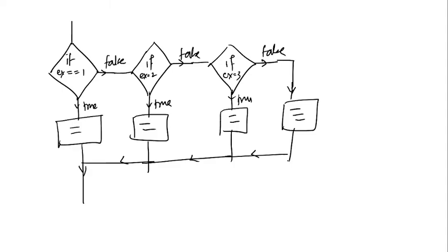If at all you observe, if you have not seen the previous video of if-else ladder, you should go ahead and see that. You will see a similar flow diagram was shown. So that again concludes that if you look at the internal part, the logic behind if-else ladder and the switch case is the same, but the way we can implement them would differ. Okay, so that's exactly what we have to understand.